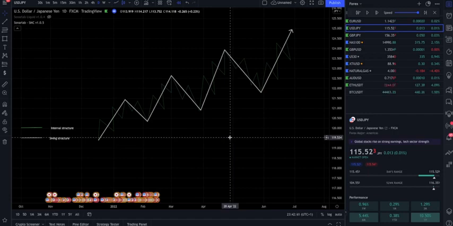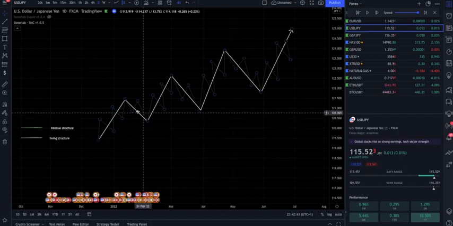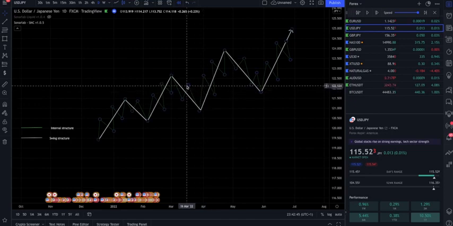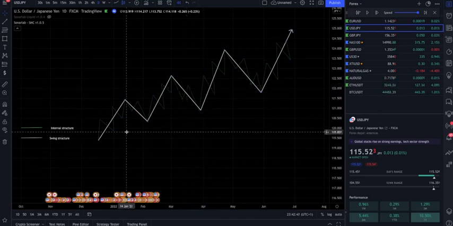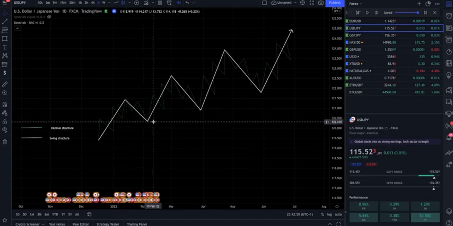So let's get started and dive in. As you can see right here, we got two structural lines drawn on our chart. This is a very basic example of what it is. And of course, you will not see this in real life. Most of you guys know. So it's very